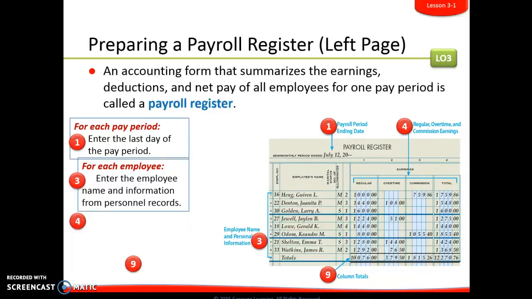Interesting. Yep, they just skip over number 2. Okay, number 3 here, which would actually be number 2, we're going to enter the employee name and the information